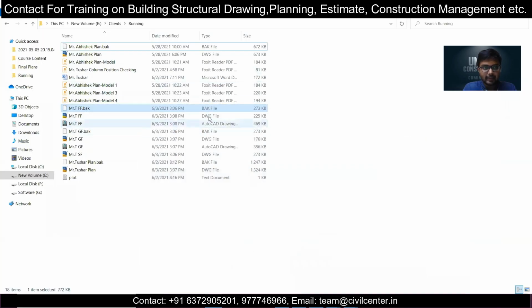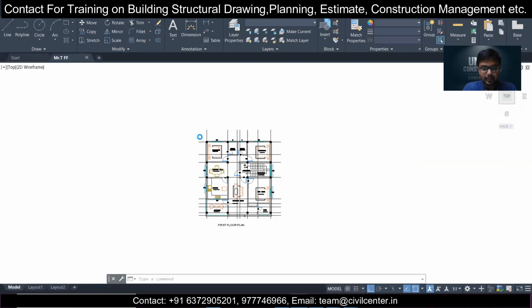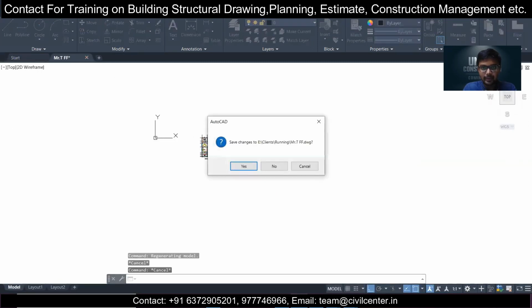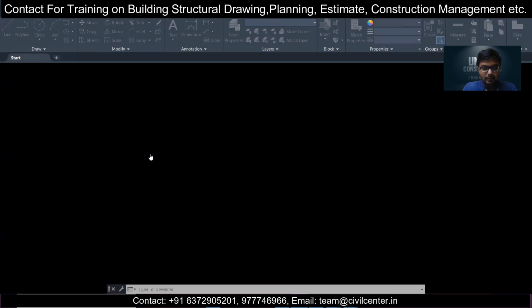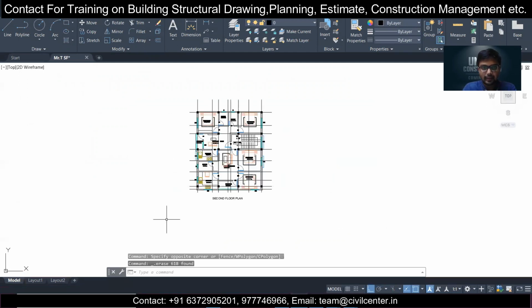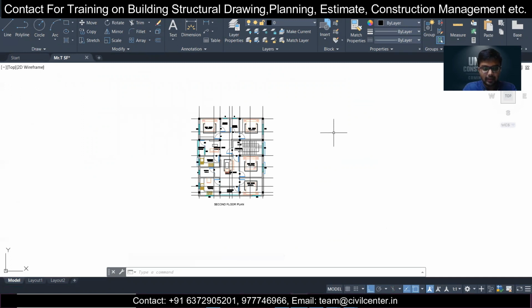And after that, the next thing is with Mr. TFF. So in the Mr. TFF, file has been opened. Not FF. I need to go with the Mr. TSF. Mr. TSF, second floor. File has been opened, and then I'll select this, delete this, and after that, in this particular thing, I'll just save this, and after that, I will